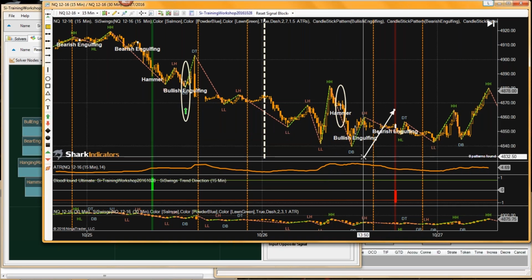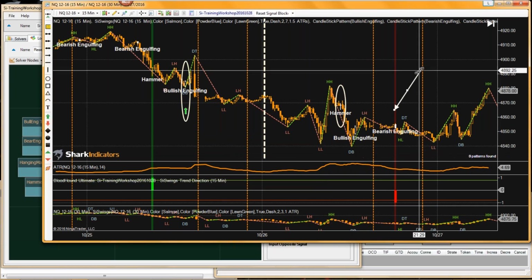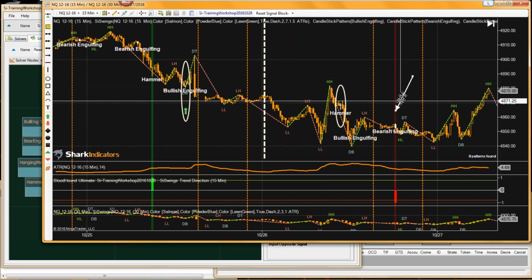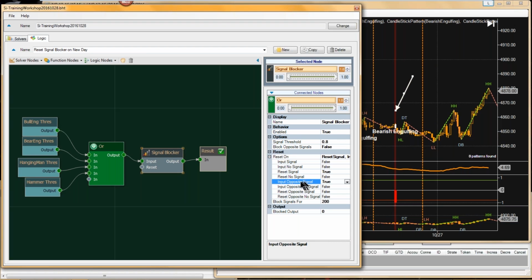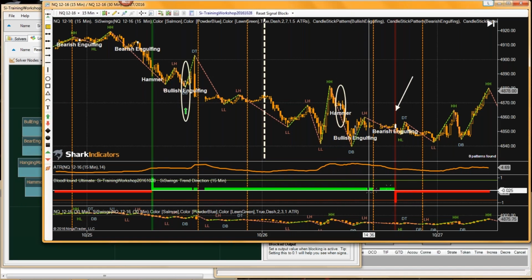So we've got this short signal coming in right here. And this short signal is opposite of the long signal. So that short signal, since it's opposite of the long signal, reset the signal blocker so that long signals can come through. So we're going to do a little trick here. If we turn on the blocked output and set that to 0.2 or 0.1, then what that does,